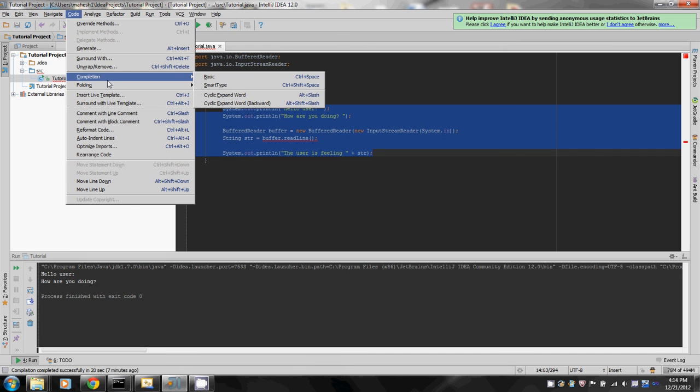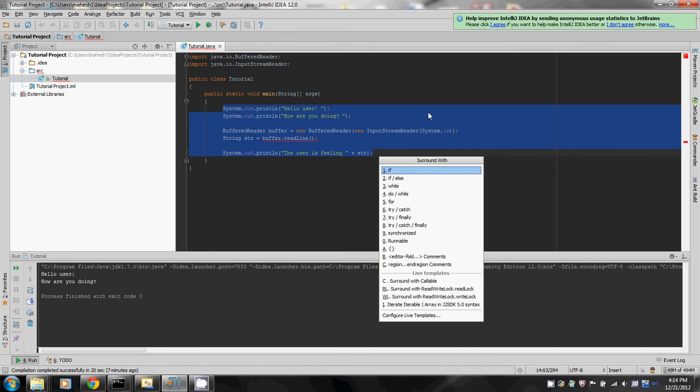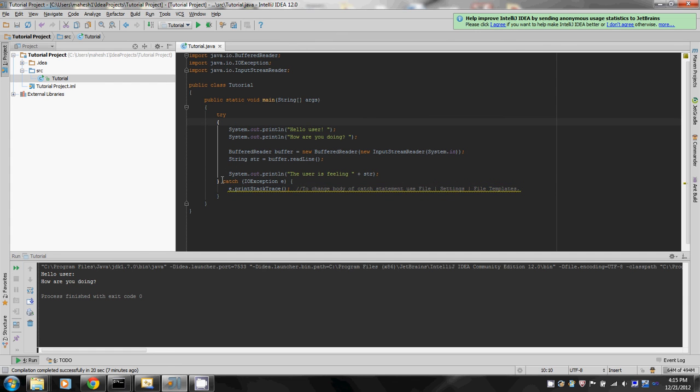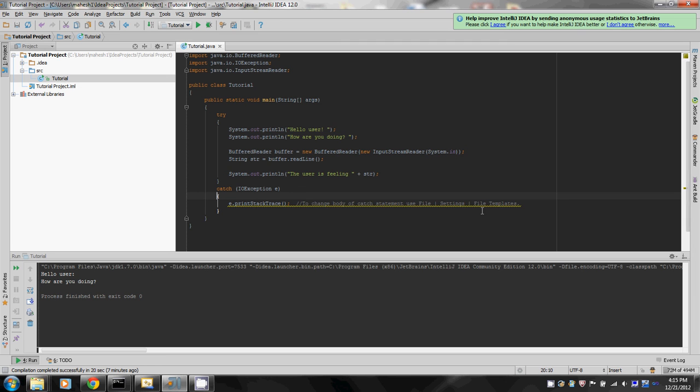You're going to go with surround with try/catch, and boom, you've gotten yourself a try-catch statement, which is nice with IntelliJ, where it'll generate a try-catch, so you don't have to type this in. And that's basically it. So now that we've handled that, let's hit run, and